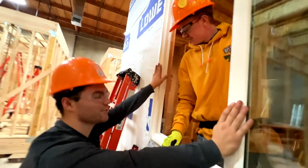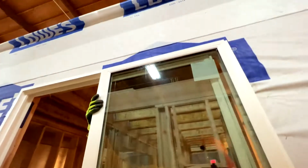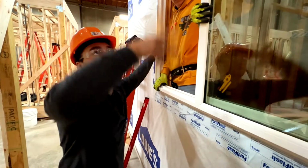And I recommend lifting the window up with two people. It's not because it's heavy. It's just really awkward. It's super tall, so you can't really push up. But once it's in, Jasper's gonna check our gap on this side and this side. And it doesn't have to be perfectly even. It just has to be small enough that half-inch drywall can cover it